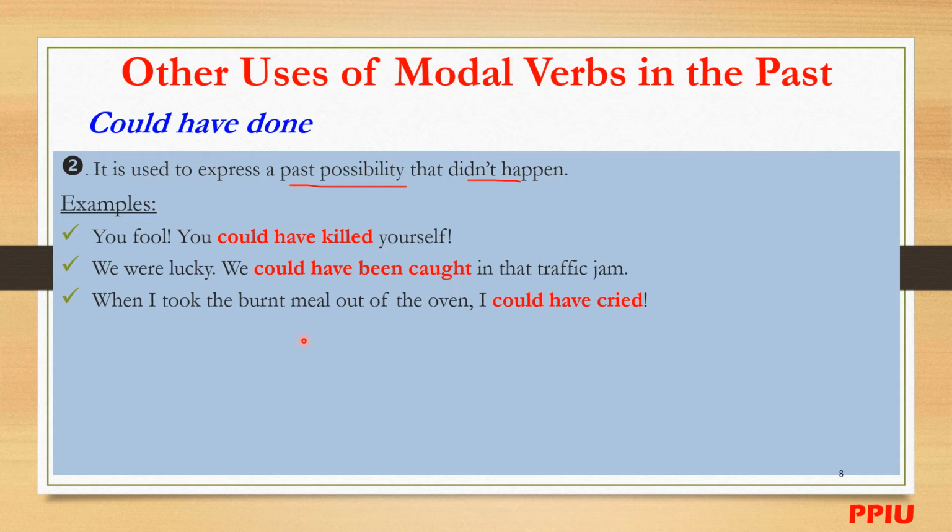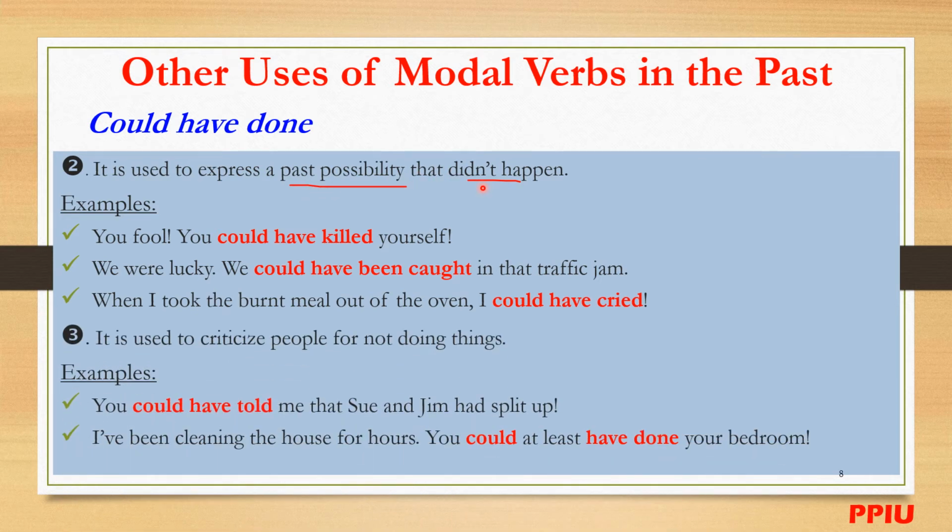Okay, so that's it for this part, where we used could have done to talk about past possibility that didn't happen. Third, one last use of could have done. It is used to criticize people for not doing things. Criticize, all right? Remember this one. You can also use could have done to criticize people for not doing things. For example,